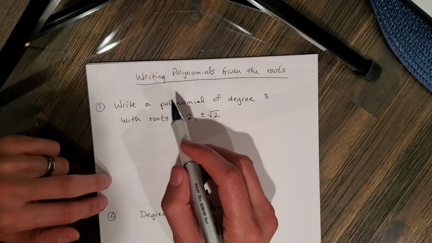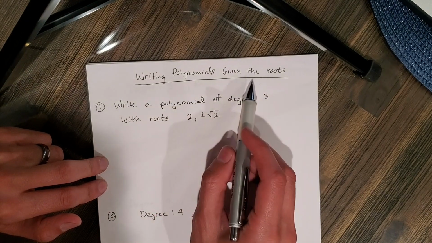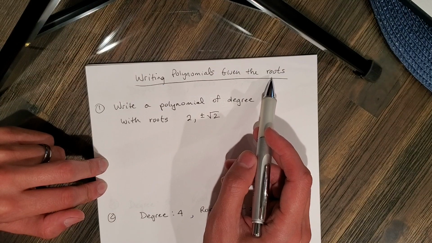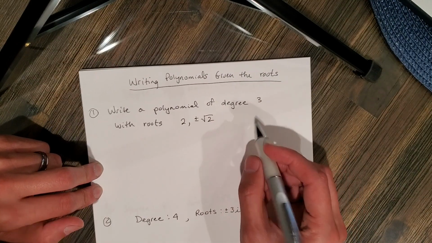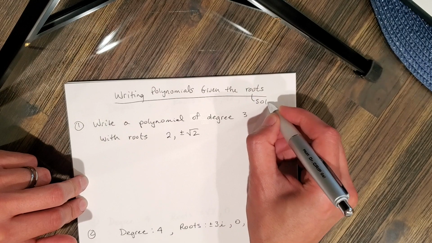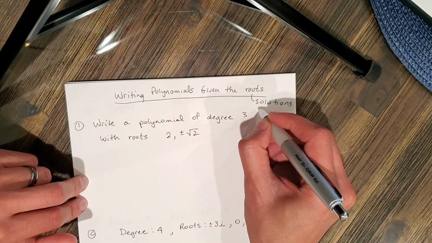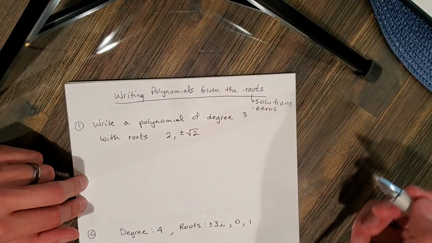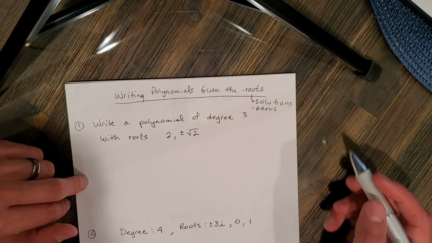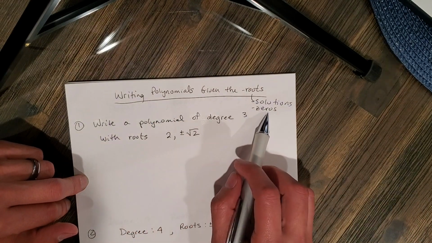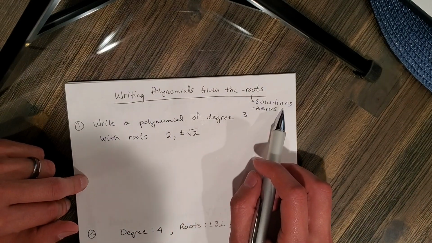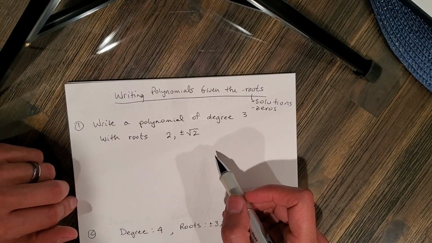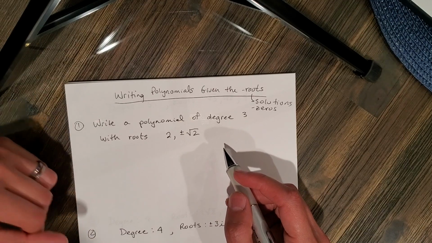So today's new lesson is called writing polynomials given the roots. Now when we're talking about roots, we're not talking about square roots. We're talking about solutions. So this word roots here can mean solutions or zeros. Those are all ways to describe the same thing. So when they say writing polynomials given the zeros or given the solutions, they're talking about the answers of the polynomial when solved, okay? So we've been solving polynomials by factoring,